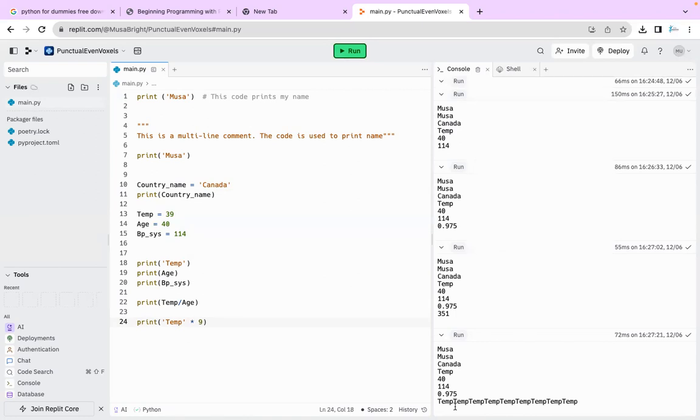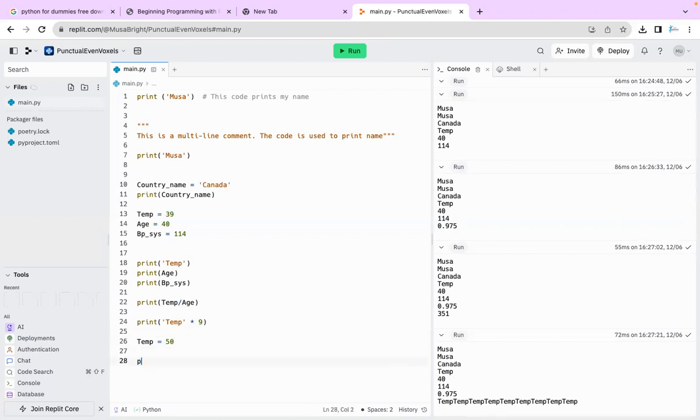So once you assign a value to a name, anytime you print that name, it is going to print the value. Another thing I want you to know about variables is if I decide to give another one, if I say temp equals 50. Let's say the next day, the temperature went to 50 degrees Celsius, and I put temp 50.